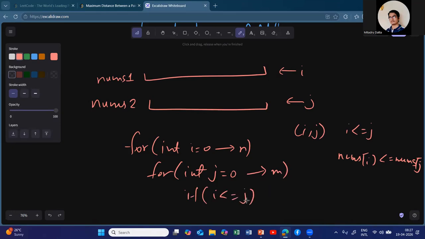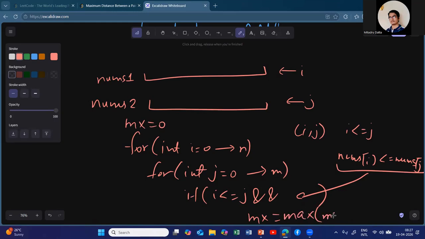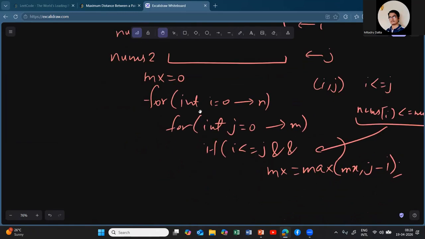Basically whatever condition is there, you are just applying it blindly, and you write this condition over here: nums1[i] less than or equal to nums2[j]. Then you update some maximum value. Initialize a max as 0 and update it with j minus i. At the end you can just simply return this maximum value, and that will be all for the